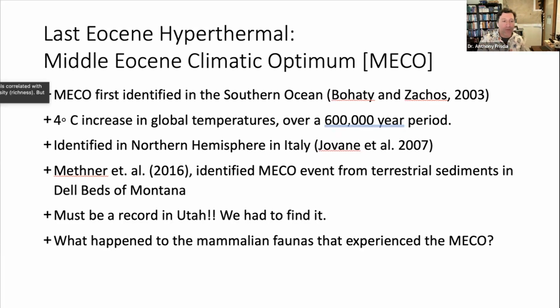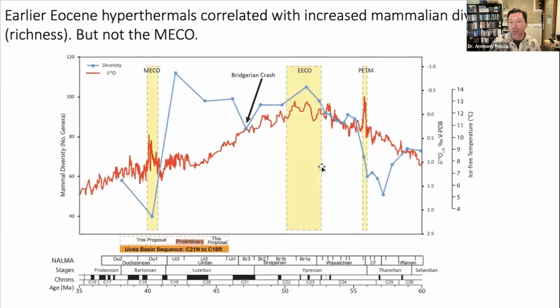I've got some graphs here. The numbers and things aren't particularly important. But one thing that's interesting, so this graph, it's a little odd because it's flipped. So older is this way, younger is this way. And here we're showing those hyperthermal events. This is the PETM, the Paleocene Eocene. Here's that early Eocene one, and here's the Middle Eocene one. And this blue line here shows